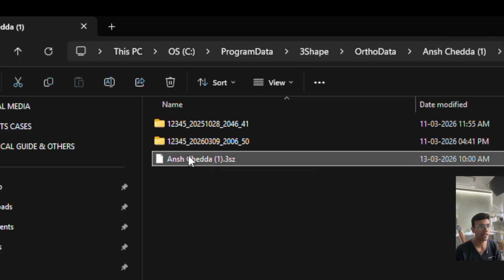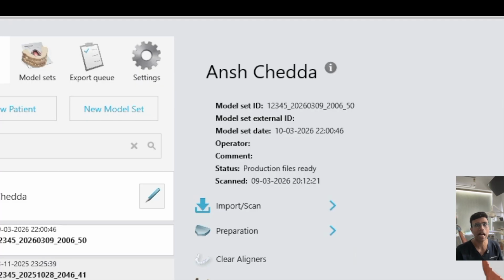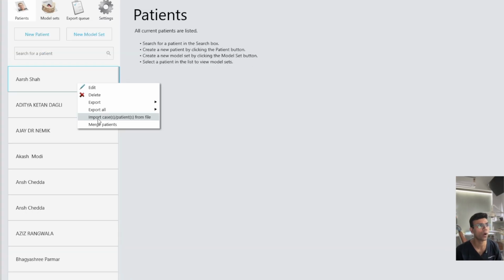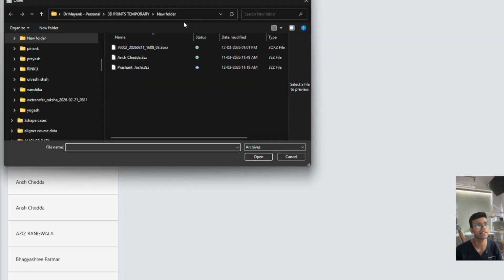All you need to do is take this and send it to that person over WhatsApp, or email it to them, or send it via some file sharing platform. Now let's imagine that I am that other person, and this is what I have downloaded once it was shared with me over email. All I am supposed to do is go back to my Clear Aligner Studio, right click anywhere, and click on import cases and patients from file. You click this and then you can import the